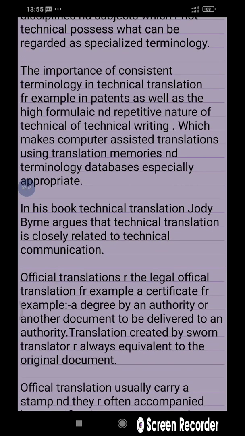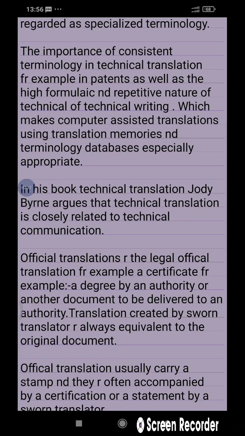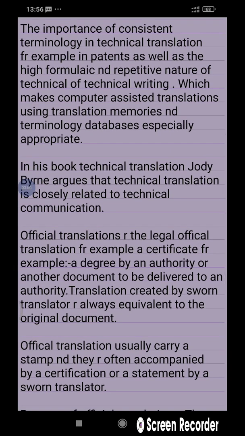The importance of consistent terminology in technical translation, for example in patents, as well as the highly formulaic and repetitive nature of technical writing, makes computer assisted translation using translation memories and terminology databases especially appropriate. So as I have told you, this kind of technical translation is always happening